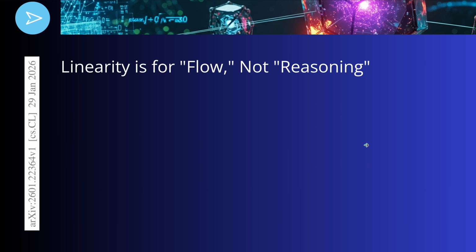And now the insight of this new study is that this linearity is only valid for the flow, not for the reasoning of our AI. So suddenly we do have a threshold. We do have a phase transition where Google tells us, listen, we found something new. We found that this beautiful linearity theorem is valid for a natural, coherent flow of information, but it falls apart the moment we start to do reasoning.